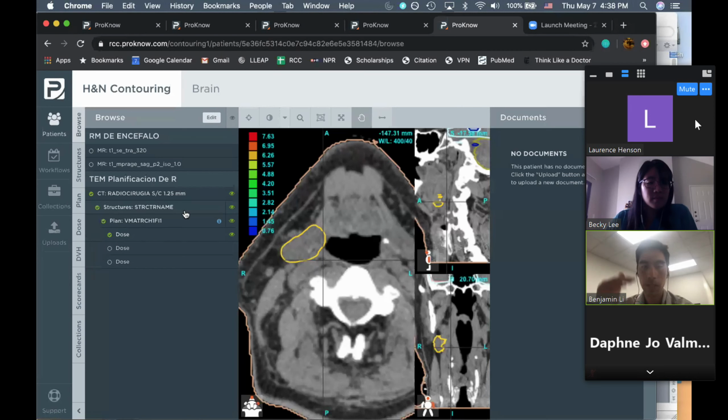So that's one file for every slice of the CT scan. So your total CT scan might have 100 or 150 slices. And so it would all be files. You have your structure file, and then you have your plan file that has the plan information, and you have the dose file, which has the dose information. And what Prono allows you to do